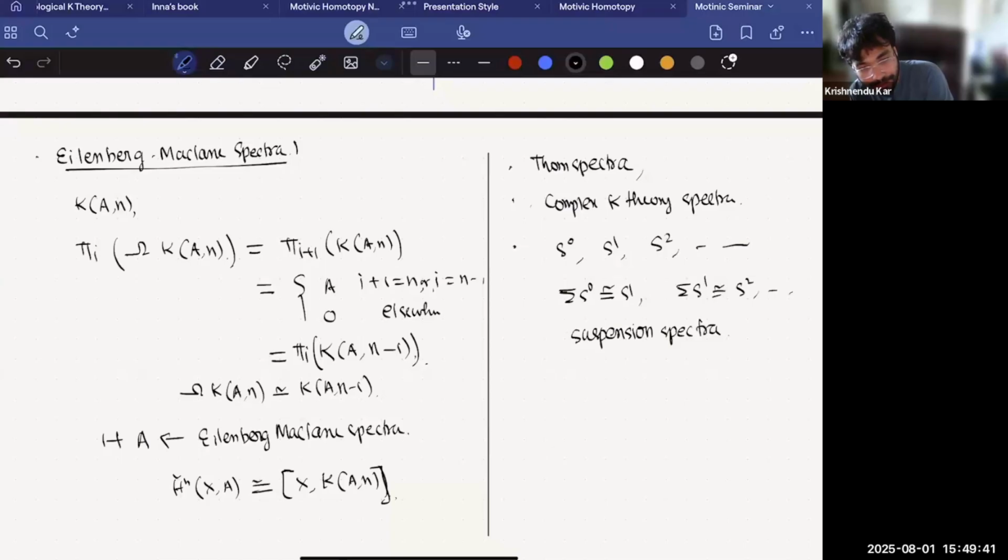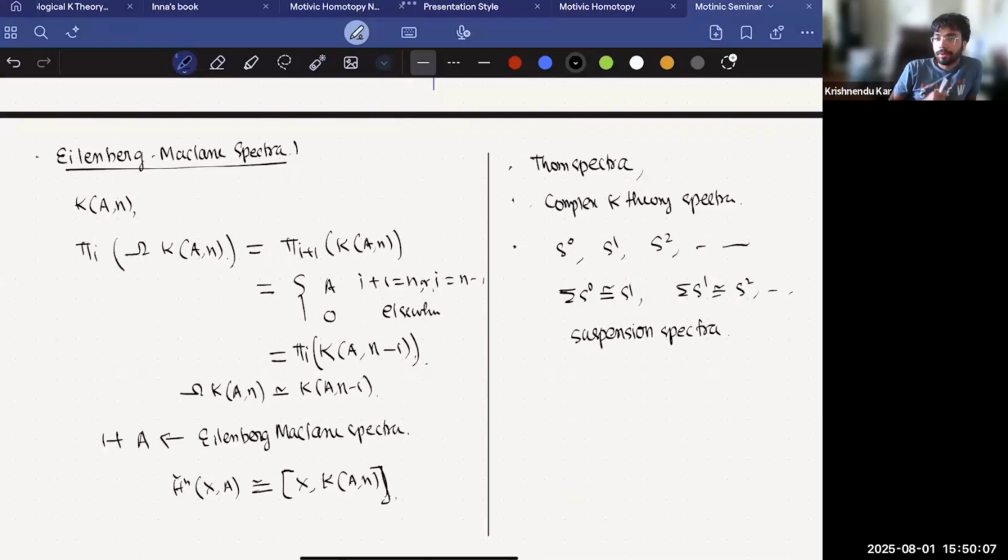And yeah, I think so far we are good with this many examples. We don't need any more examples, at least for this introduction to spectra. Now we want to give a model category structure. We're going to do homotopy theory on this spectra, because we'll quickly see they are very nice. Now